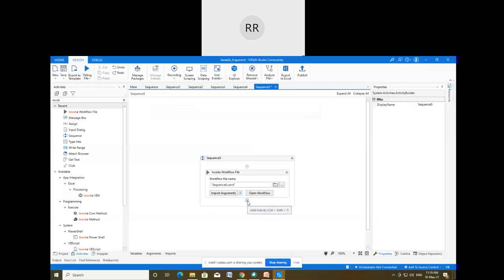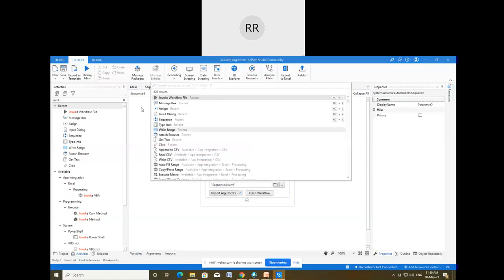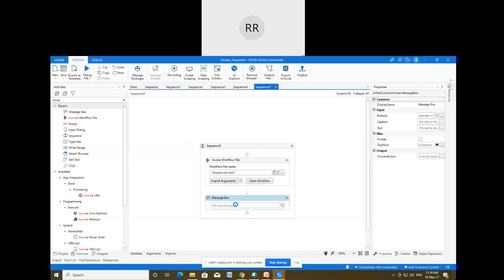So now I'm going to connect one message box so that we can check.